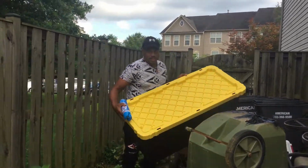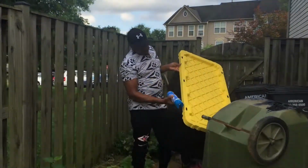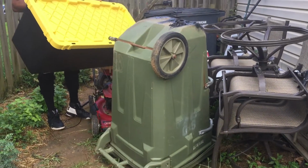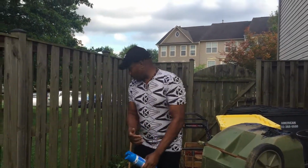And I bought this. We're gonna use it as a compost bin now. I'm gonna get rid of this trash can, and I'm gonna use this. And we're gonna start putting our compost inside of here, okay? And over here,